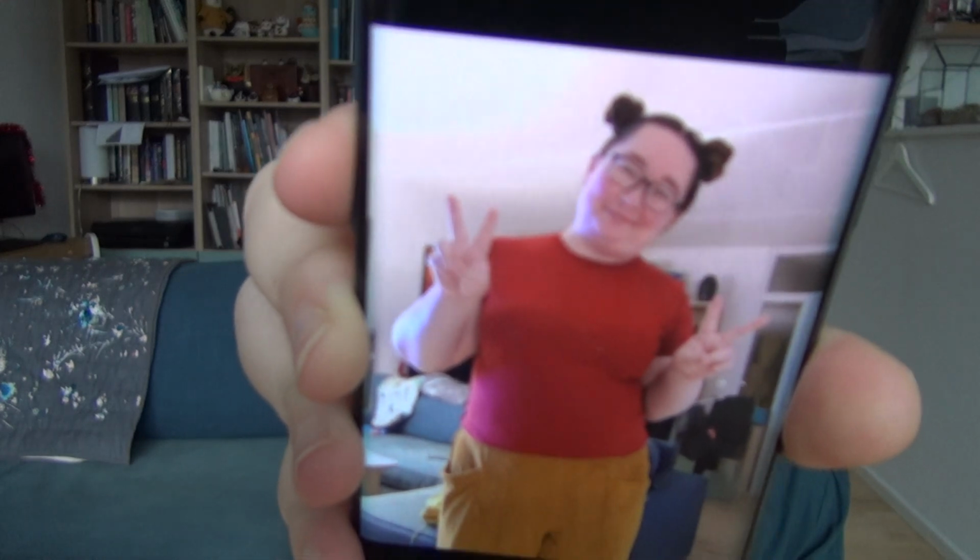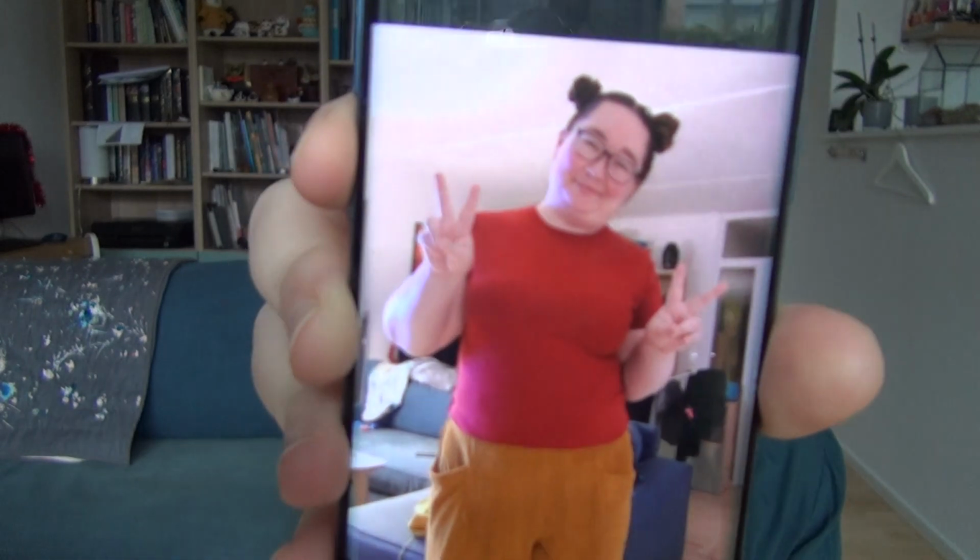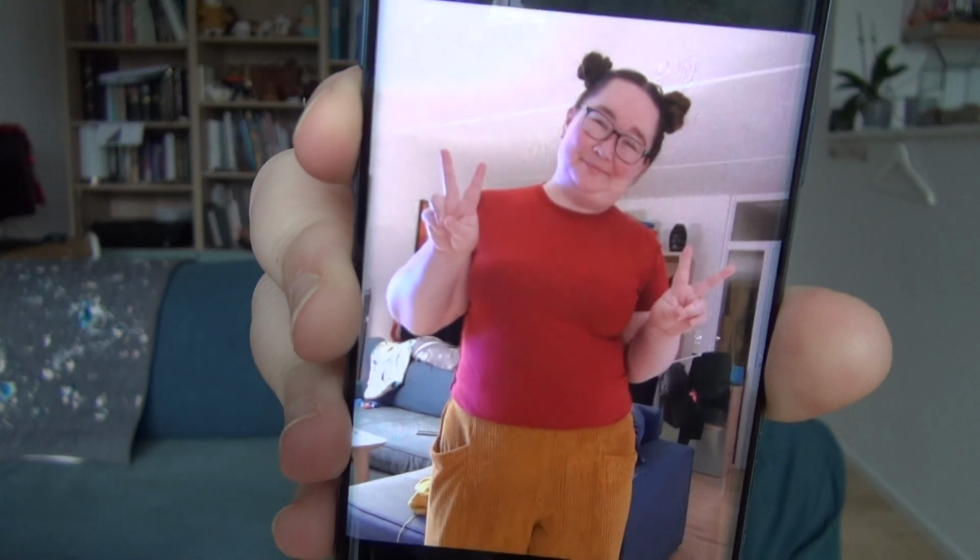With the ears and everything. I'm sorry, it doesn't seem to want to focus. There we go. Yeah. Apparently I'll happily cosplay as Winnie the Pooh. I mean, I like Winnie the Pooh. Anyway,